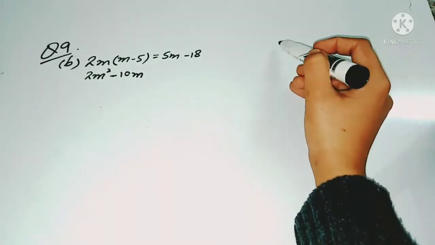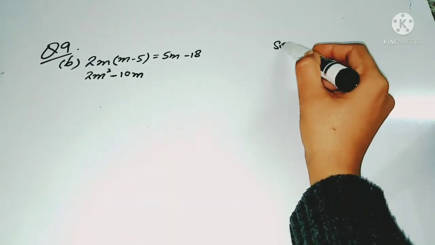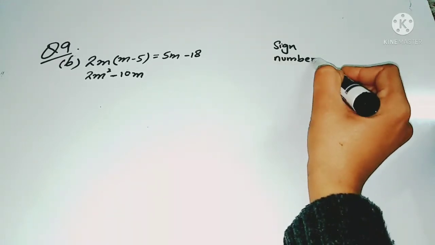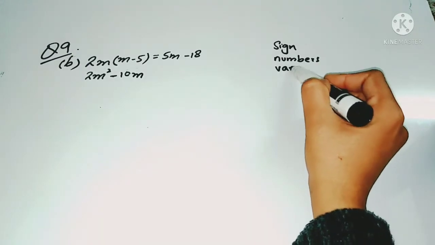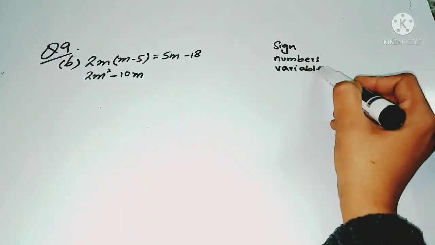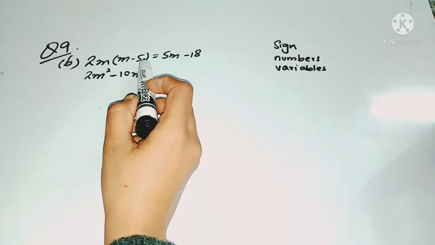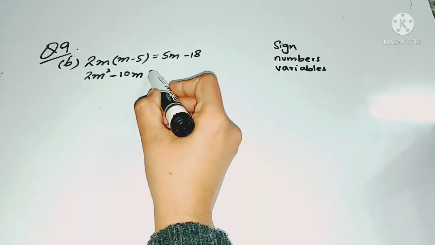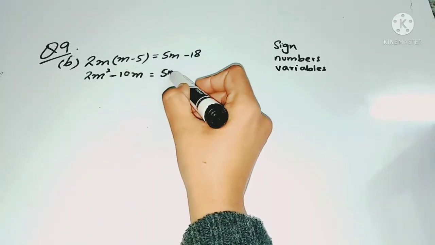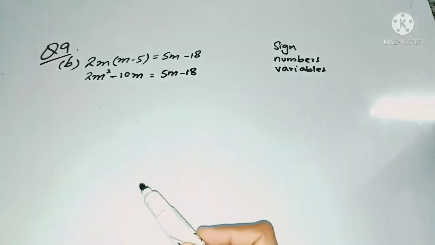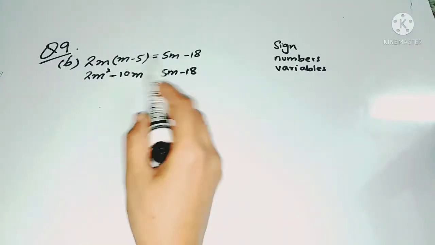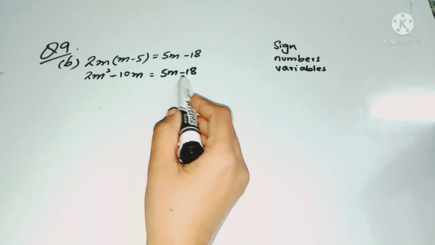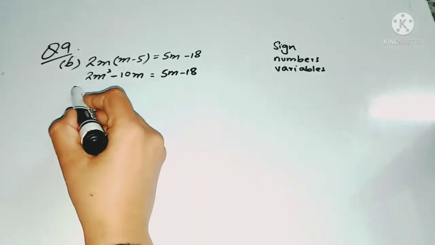You just have to follow this sequence: first you multiply the sign, then you multiply the numbers, and then you multiply the variables. It's a single variable. There's no variable over here. So m times 1 is m, we will just write down m. Okay. So now write 5m minus 18 as it is. Now as you have to make it a quadratic equation, move these two terms to the right hand side so that you can have 0 on the left side. Okay. So 2m square